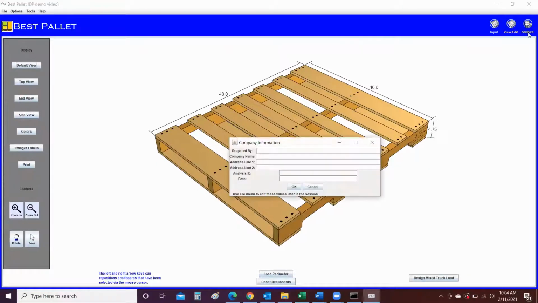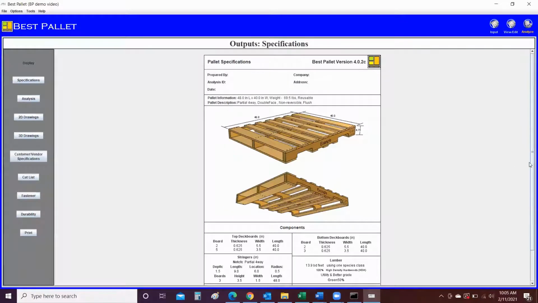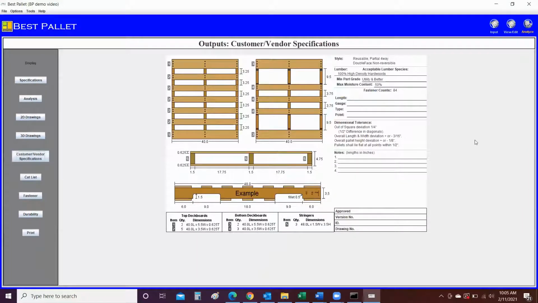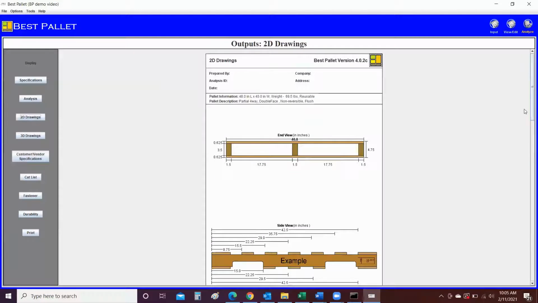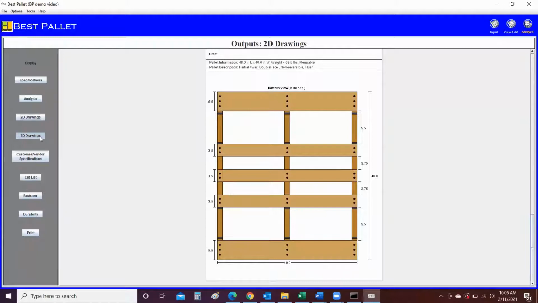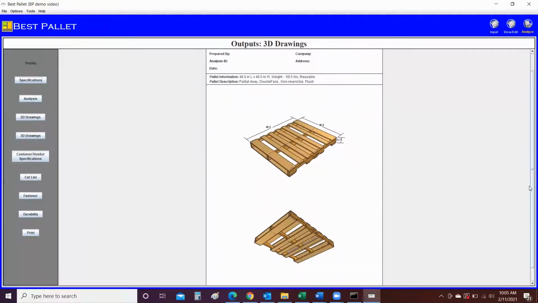The analysis section of the software begins by entering company information that appears at the top of all output screens. A three-dimensional specification is provided with custom note fields at the bottom, as well as a two-dimensional specification with custom note fields on the right-hand side. Two-dimensional schematics, as well as three-dimensional schematics, are also provided,